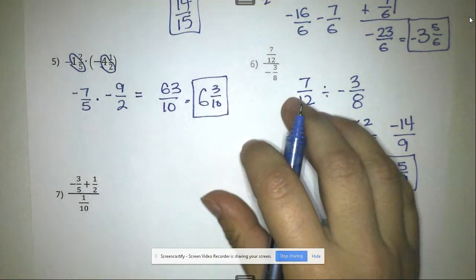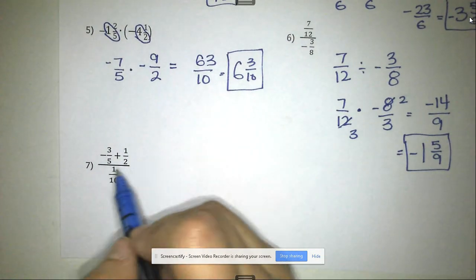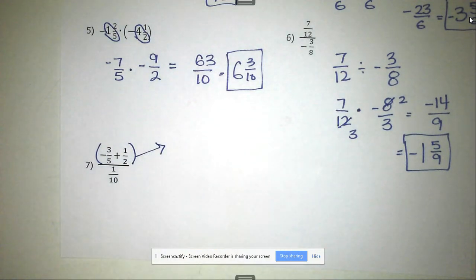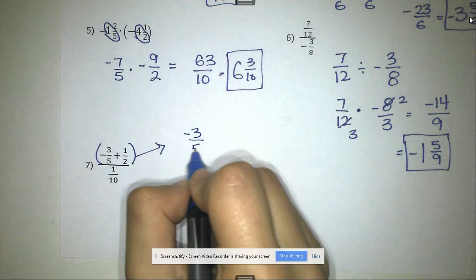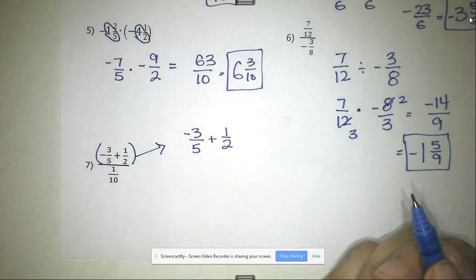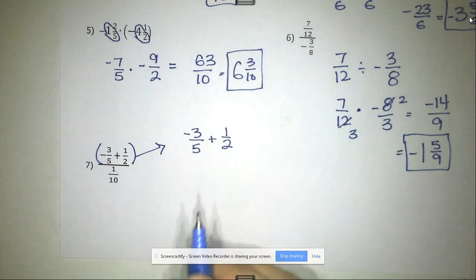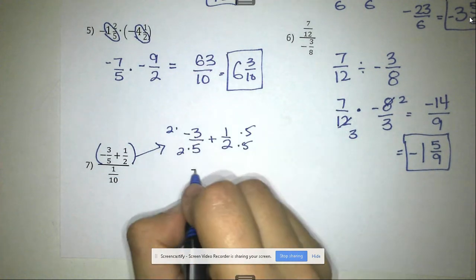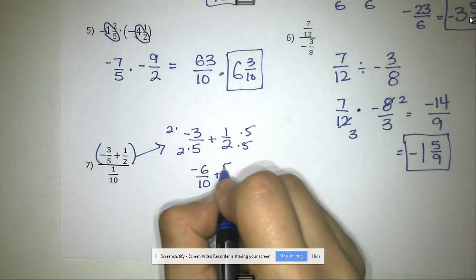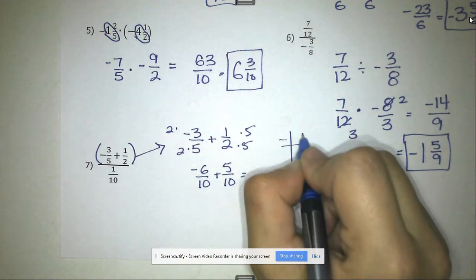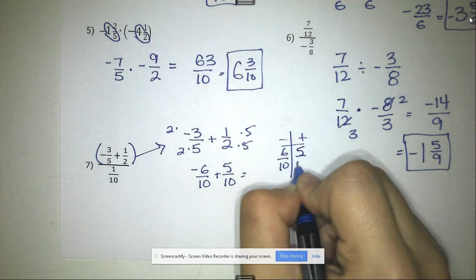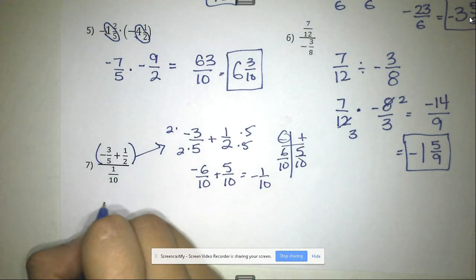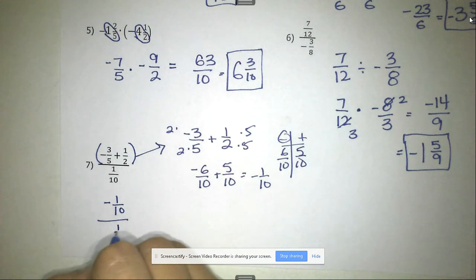All right, and the last problem I'm going to do, when you get a problem that looks like this, please take care of the numerator first. So I'm going to take this numerator over here and I'm going to rewrite it. In order to combine these fractions, I'm going to need a common denominator. I'm going to use 10. So I get negative 6 over 10 plus 5 over 10, which is negative 1 over 10. So if I rewrite this, this is negative 1 over 10 divided by 1 over 10,